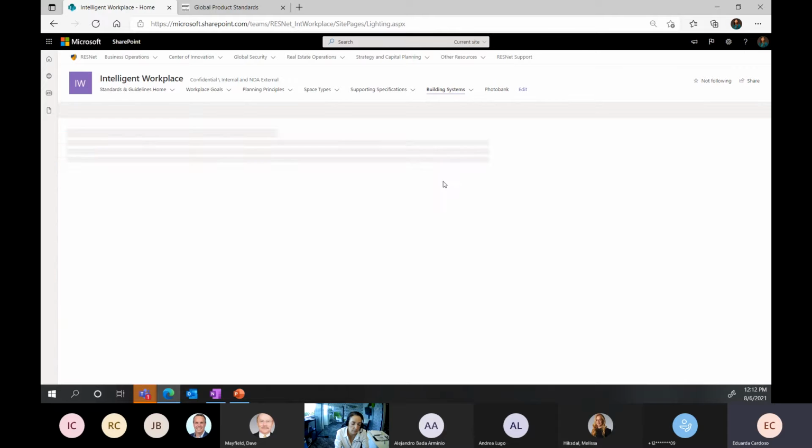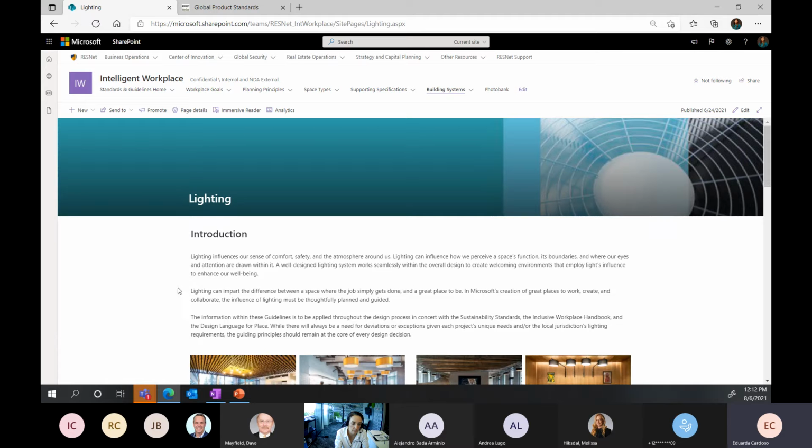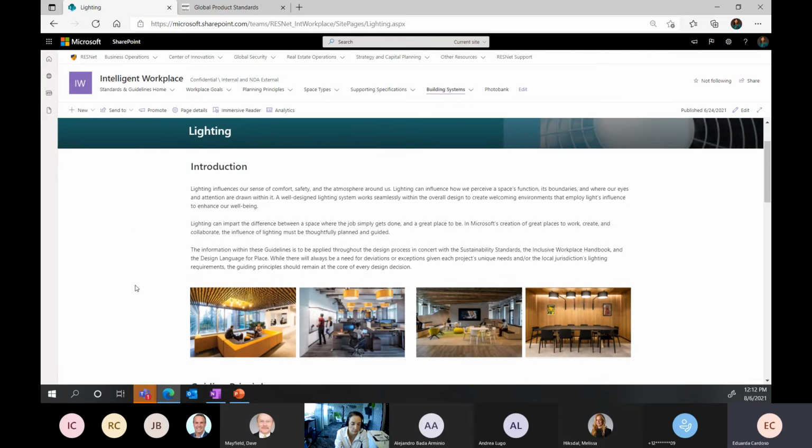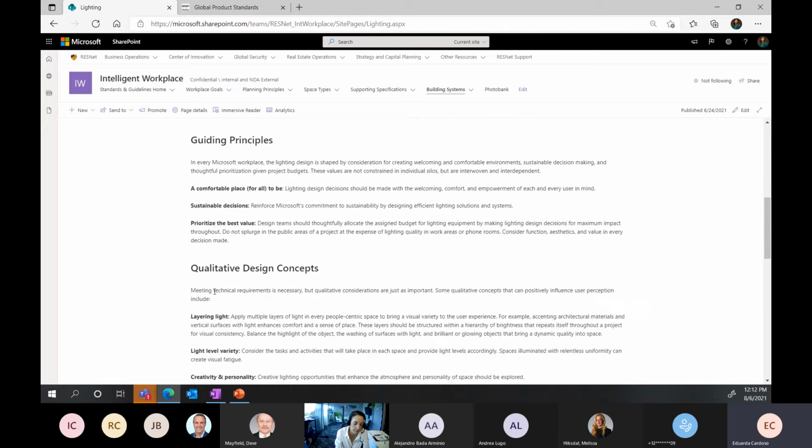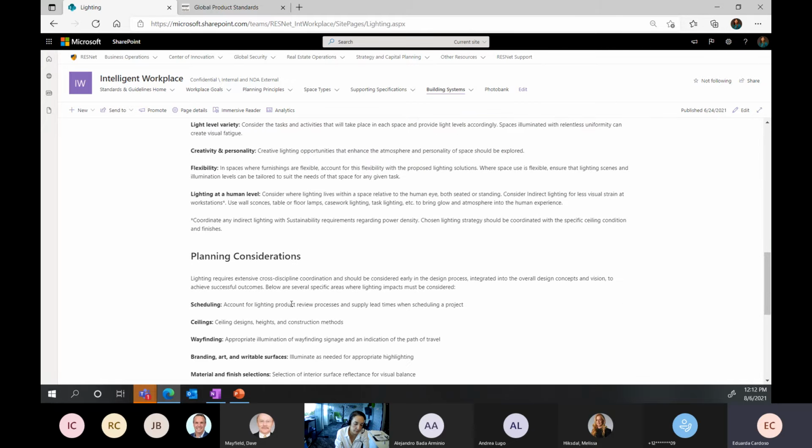Lighting, I'll just touch on this really quickly. Previously, our standards for lighting were very prescriptive. You needed to have a linear fixture here that was doing X, Y, Z. Now it's more performance-based. There are certain qualities and guiding principles of what we want to achieve with the lighting, and it's left up to the architect and lighting designer to make sure you're meeting the criteria, but you're not prescriptively tied to, you must use this linear fixture here, et cetera. So just make sure, it has changed probably in the last 2 years to be less prescriptive and more